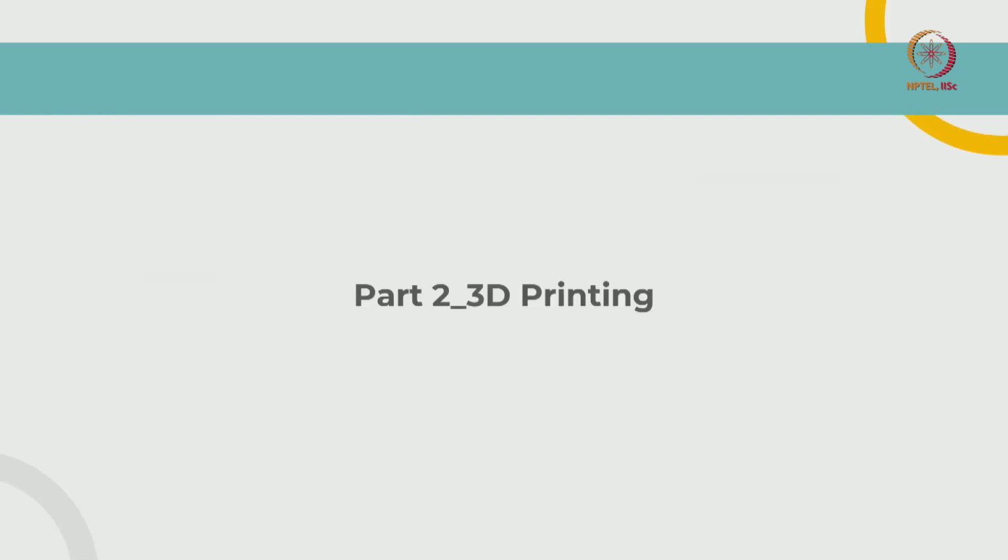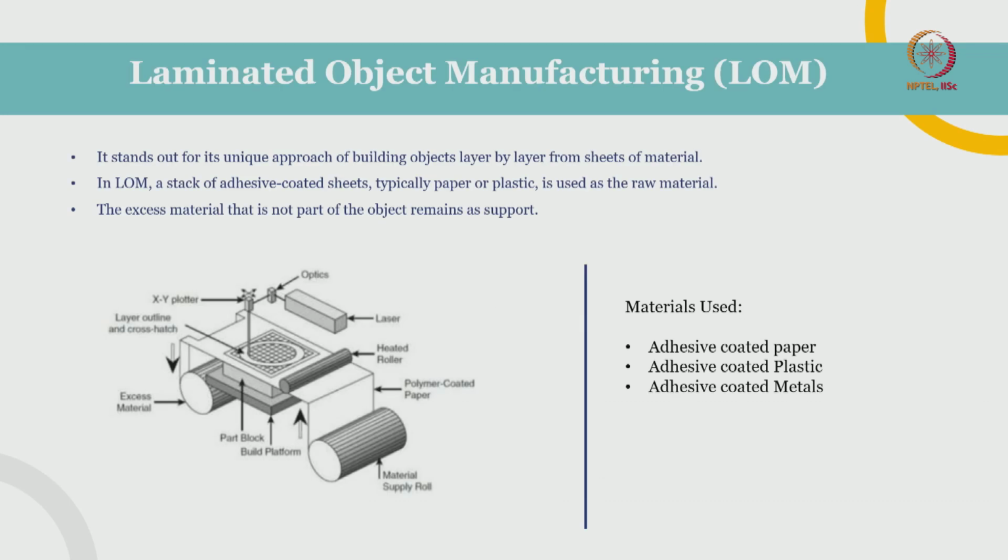So now we will move to a new topic, different types of 3D printers which we haven't discussed in the previous lecture. First we will check what the laminated object manufacturing technique is. So here we will be using a material roll. Here we will be having a roll of material which is basically adhesive coated laminated sheets. Okay, so this roll of adhesive coated laminated sheet is what we put on our machine, and